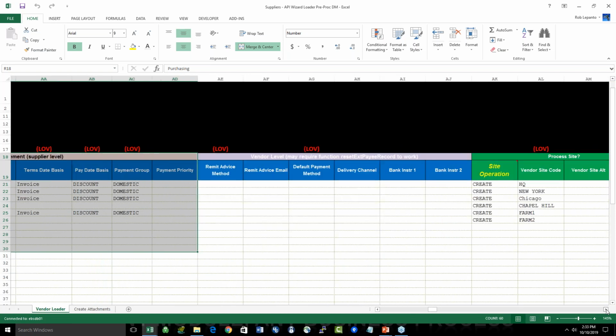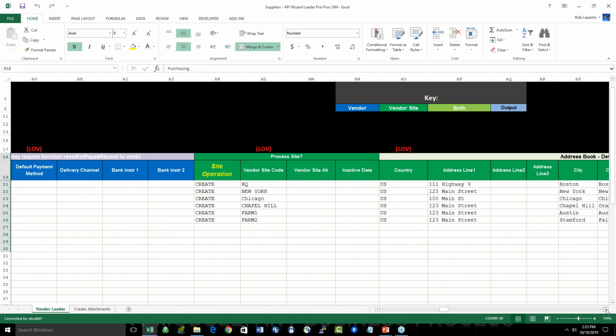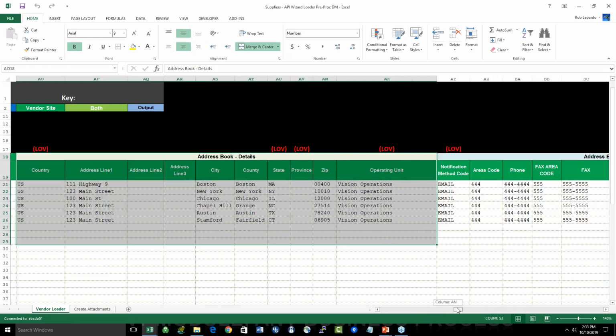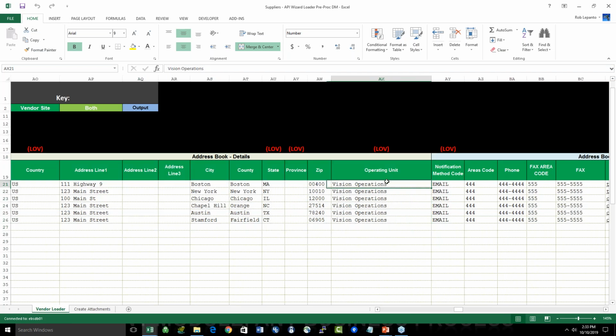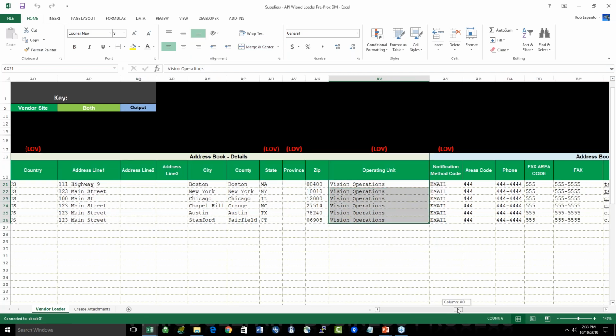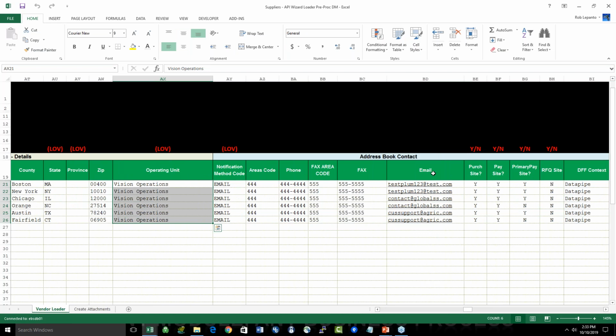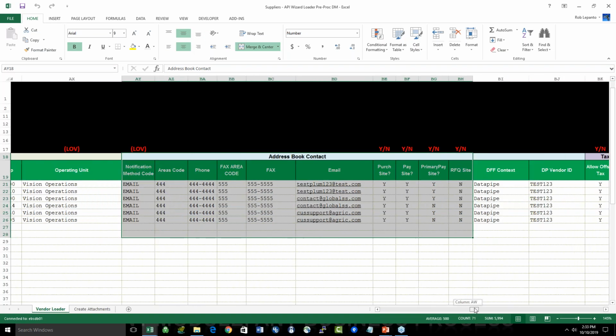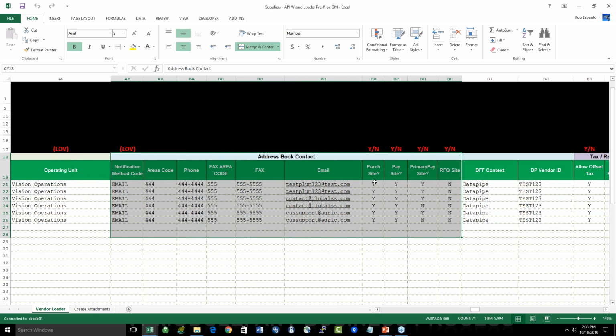Then if I come over to the green, this is our site level. So here you can see we've got the site code, we've got the address information. So you can see here you can enter a whole bunch of sites. You can enter the operating unit for the site, the address book contact information, including email information, what type of site it is, so the different flags, is it a purchasing site, a pay site, and so forth, flex field information,